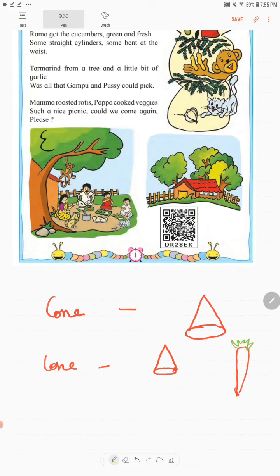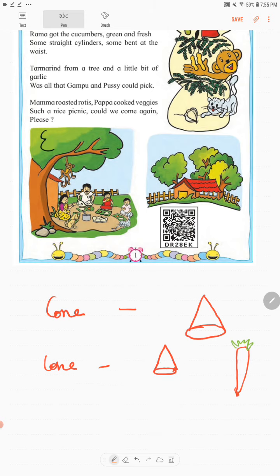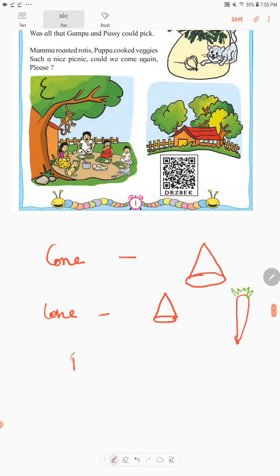This is how exactly a carrot looks, like a cone. Okay, and what else looks like this? Can you tell me few more vegetables? Yes, a radish, white radish. A white radish also looks like this.